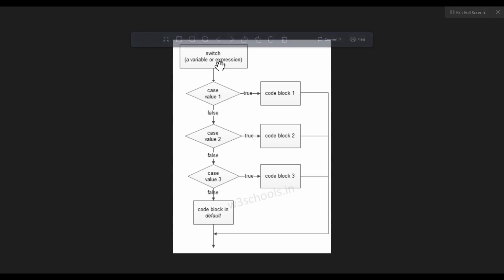After that, the value of the variable or expression is matched with each case. There can be any number of cases depending on the conditions, like there are one, two, three cases, and at the end there is a default block. So if the value of the variable or expression matches the first block, then the code inside the first block will be executed,